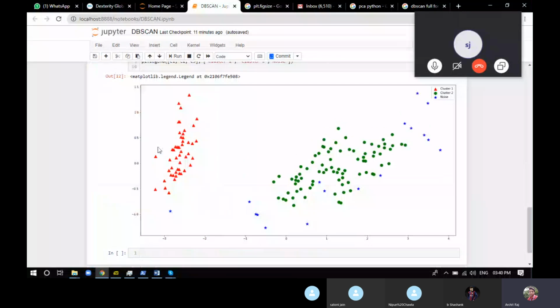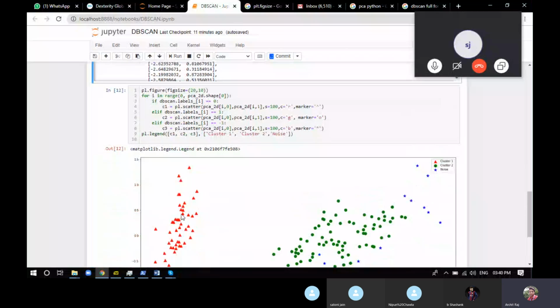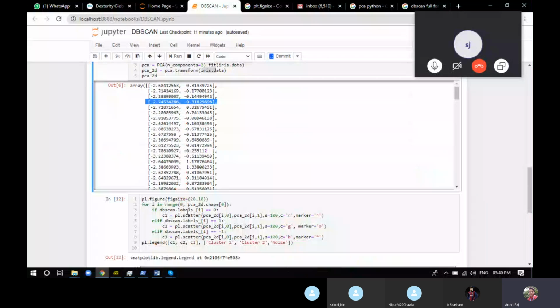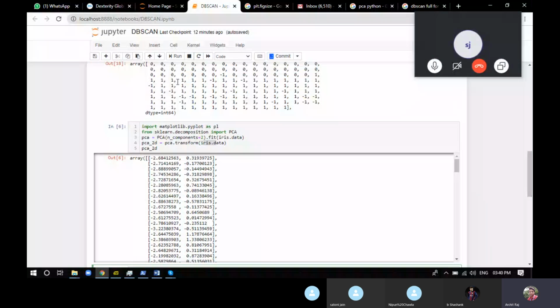So it will plot this particular point into the graph. The same thing we did for all the other examples. If the label is 1, it means the cluster has been assigned as cluster 1.